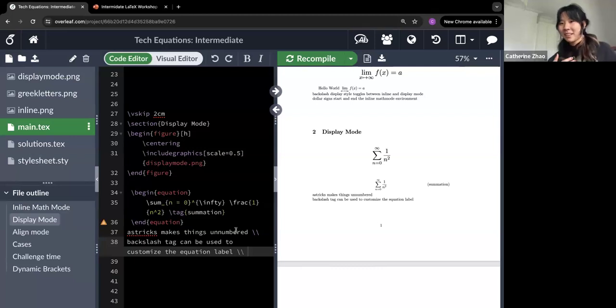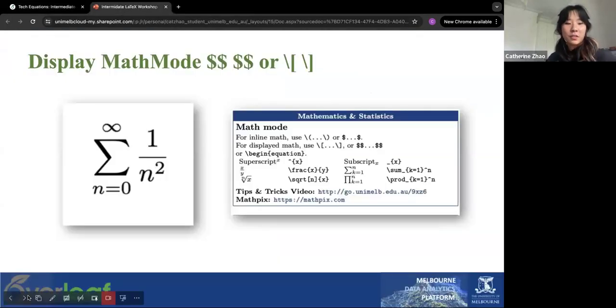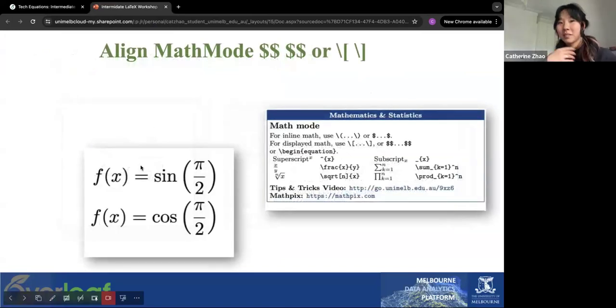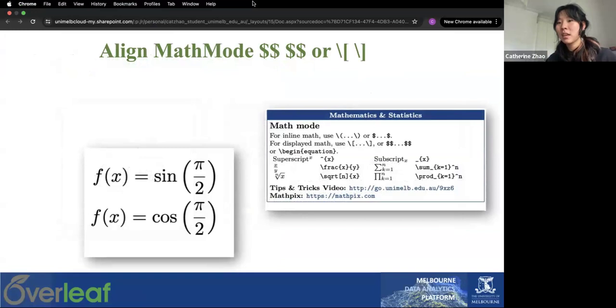Okay, so that is probably the two main math modes that people use. I reckon if you just master those two, you should be able to typeset most things in LaTeX. But there are a few more, a bit more advanced environments that we're going to have to take a look at today. So if we go back onto the PowerPoint,